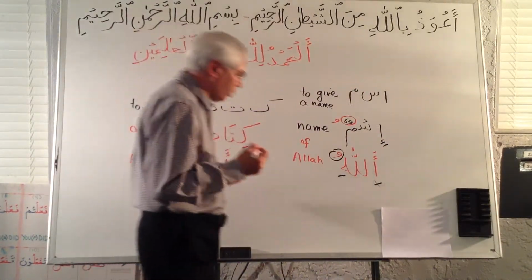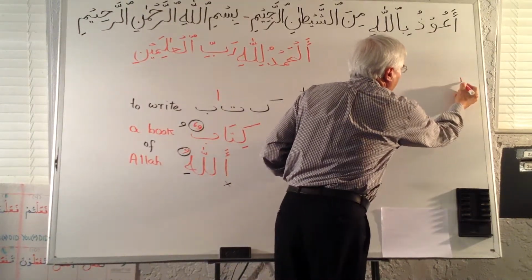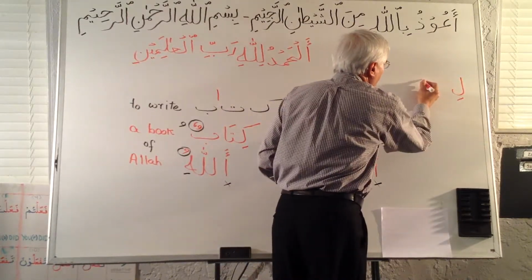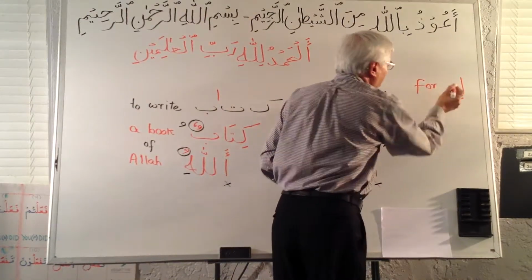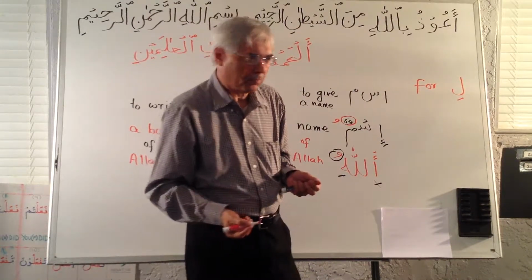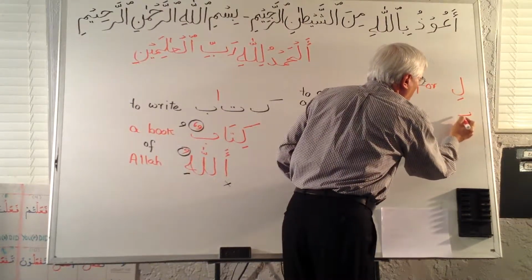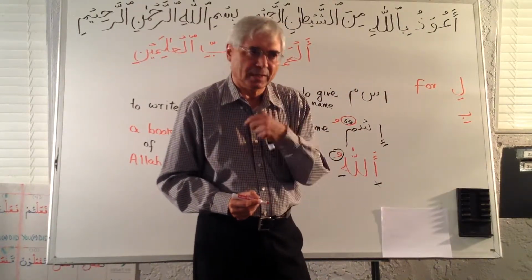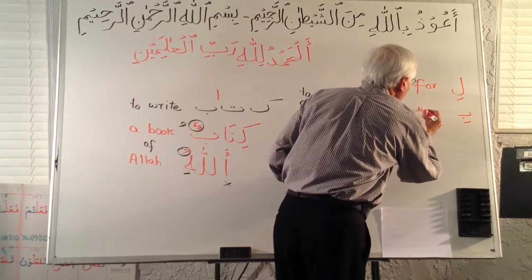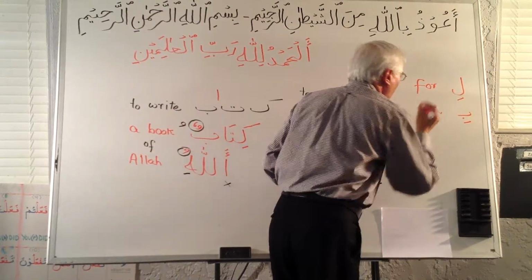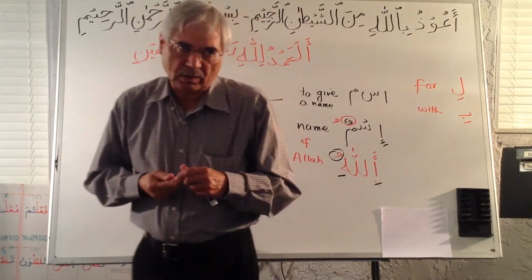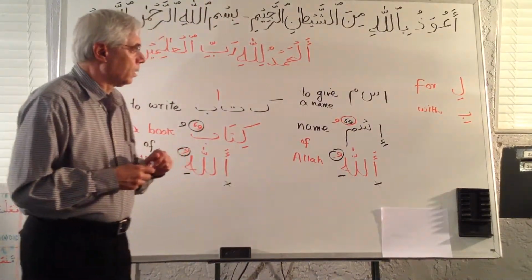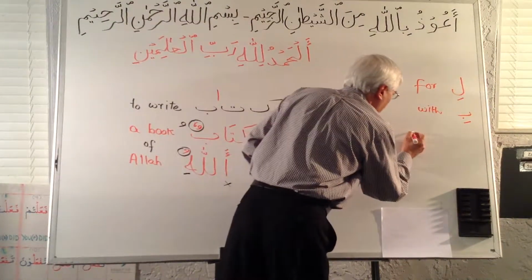Now I'm going to do one more thing. We learned one word already, that if I put lam and put a kasra under it, this means "for". This is called harf jar. I'm going to define another harf jar now. Take a ba and put a kasra under it. It sounds "bi". Bi means "with". This is another harf jar. So I'm going to put bi here in front of this.